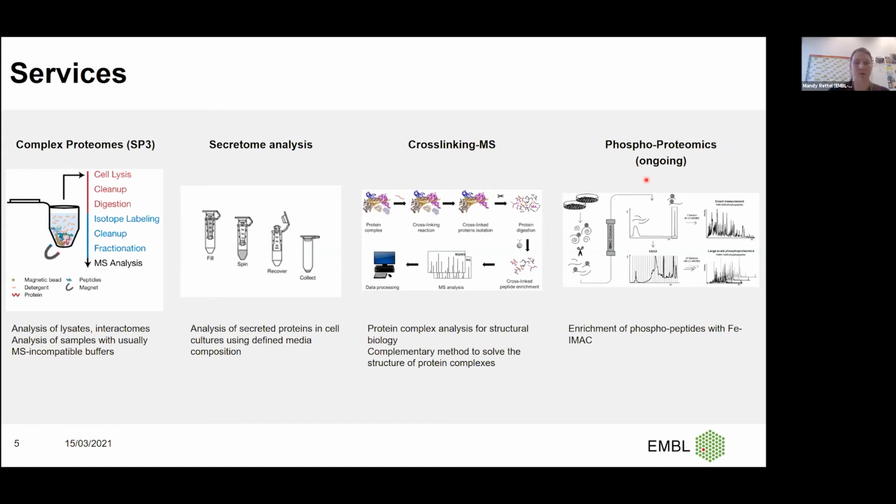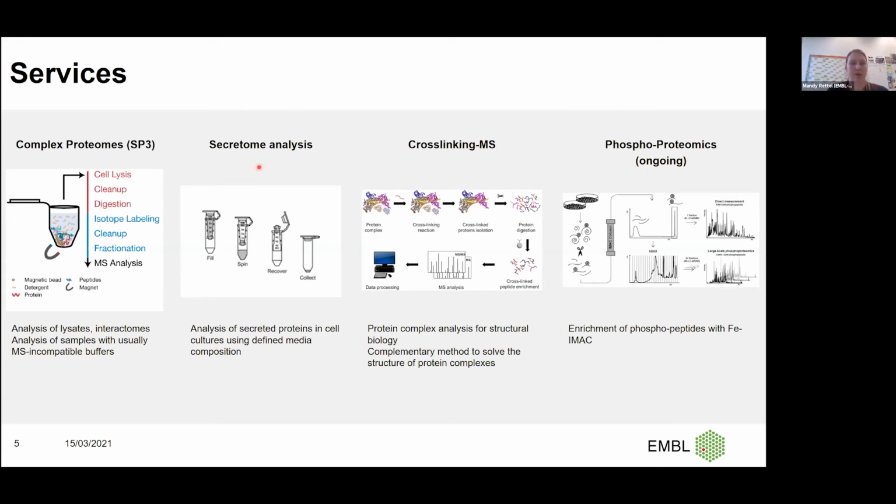And this we can also combine with TMT labeling, so it's tandem mass tag labeling, which is a multiplexing approach in mass spectrometry in proteomics, which allows us to combine up to 11, nowadays also 16 different conditions,